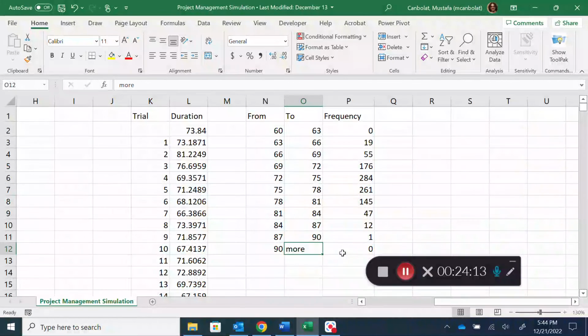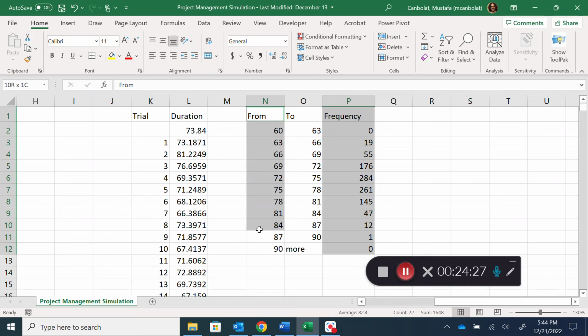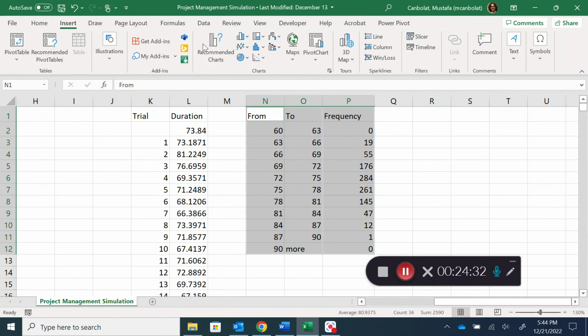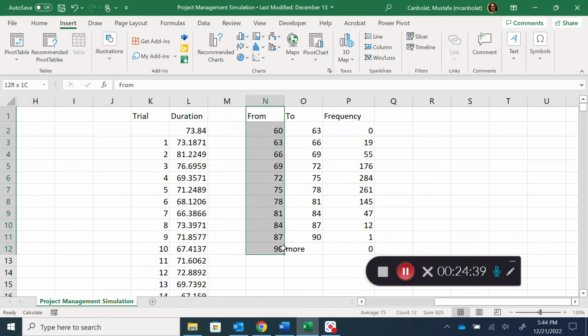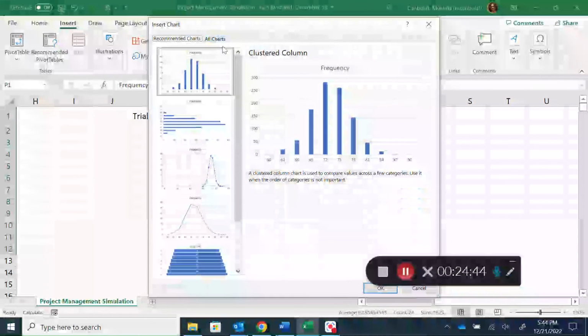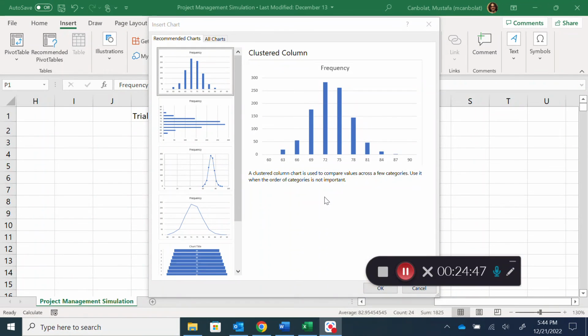Let's just put that as more, and this is going to be my frequency. So I'm seeing here now that these are the frequencies, and from to, let's see if Excel is going to be able to just put a recommended chart. Somewhat like that. No, I didn't like that. So I'm going to maybe highlight this only, and use recommended charts. Okay. So it makes sense here